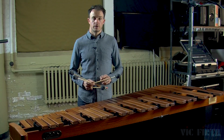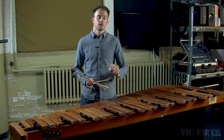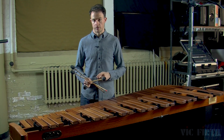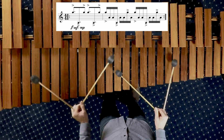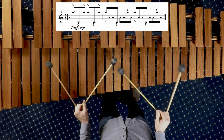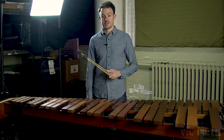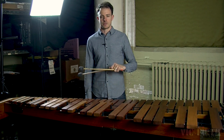Warm-up number 2 is a simple exercise to reinforce this point. This exercise is just the first measure of the Etude played first without the unaccented notes, and then with the unaccented notes. As you can see, these unaccented notes are played really lightly, and they're just sort of extensions of the sound